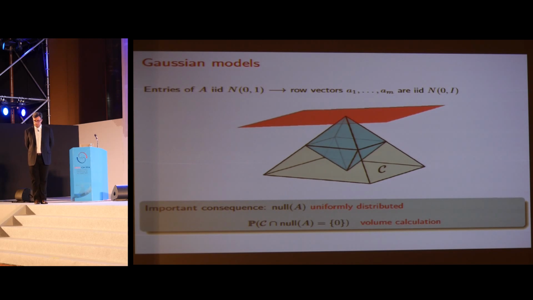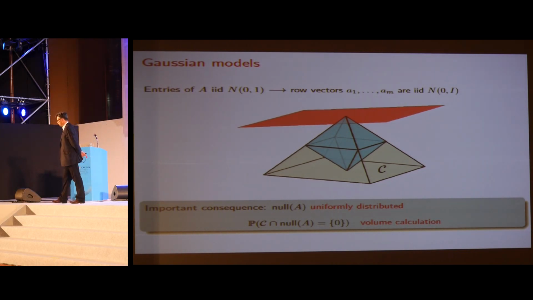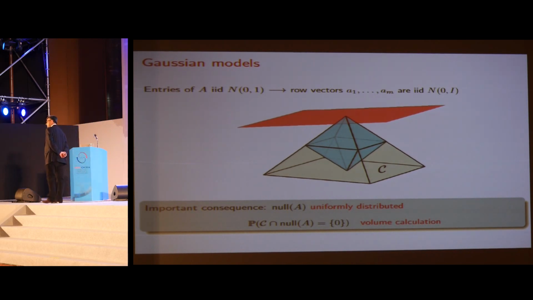Now, I'm not really working with Gaussian matrices, perhaps because they're a bit removed from applications. But for the purpose of a talk like this, it might be good to go through the simplest model, in which the matrix A has IID normal 0, 1 entries. The reason I'm going to do so is because in this case, the theory is extremely precise in its predictions, and the calculations are fairly easy. So we can do online calculations, if you will.